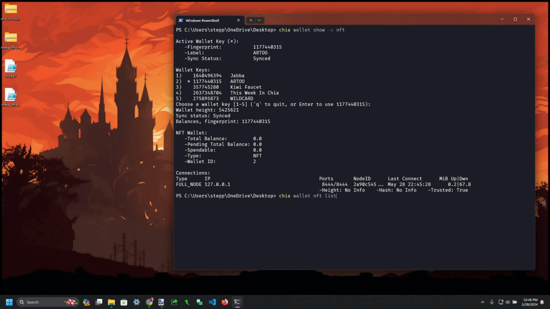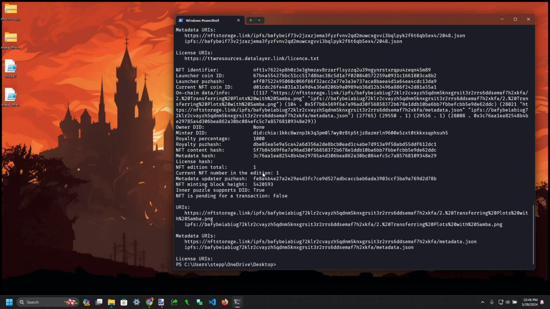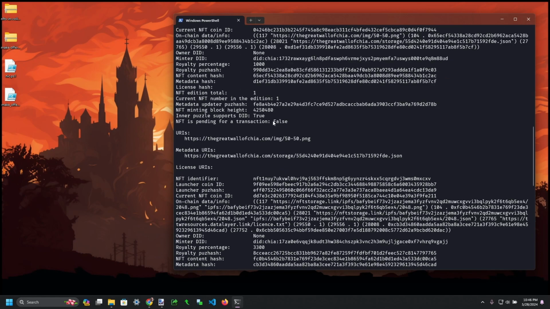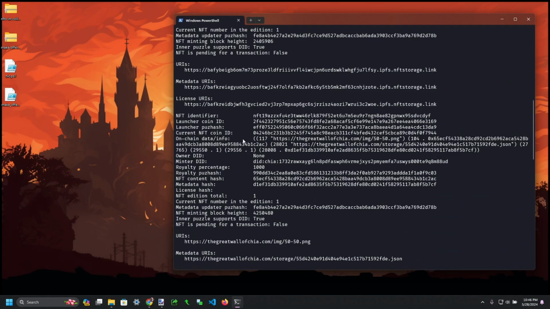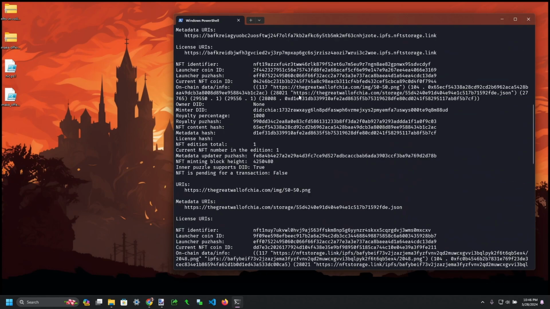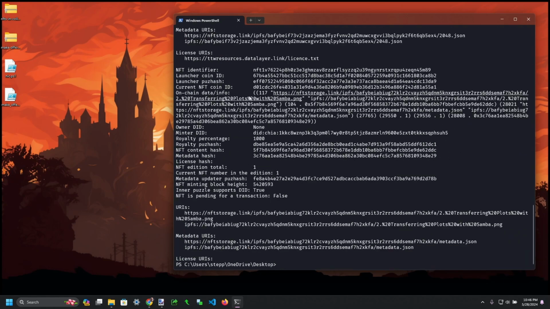and then I want to do a listing of all my NFTs. I do need the fingerprint, which I copied before, so if I right click it'll paste it in. And then I do need that wallet ID, which was number 2. Let's just run it that way first. And you'll see you get a bunch of text back that has a lot of information about each NFT that's in your wallet, right? But I only really want,